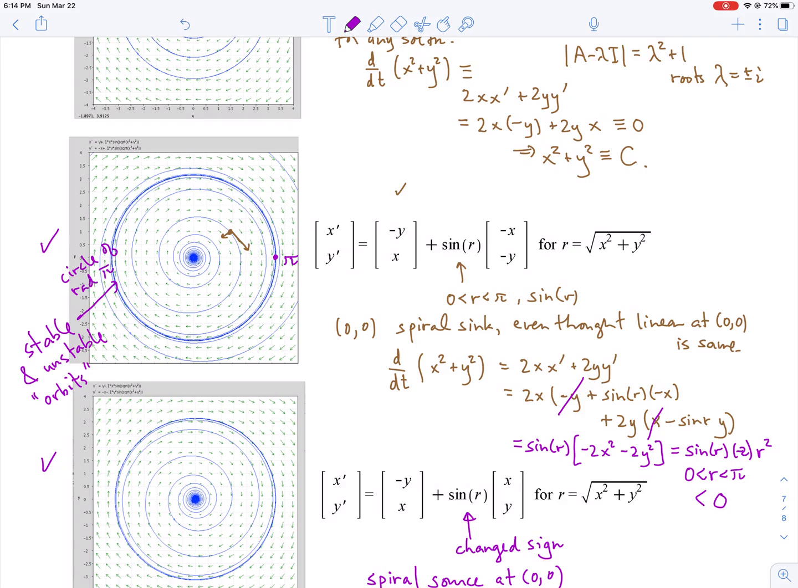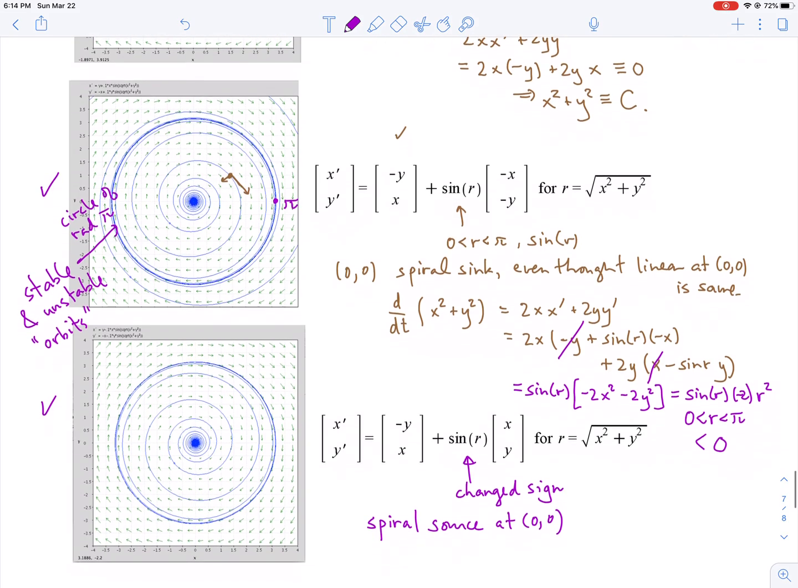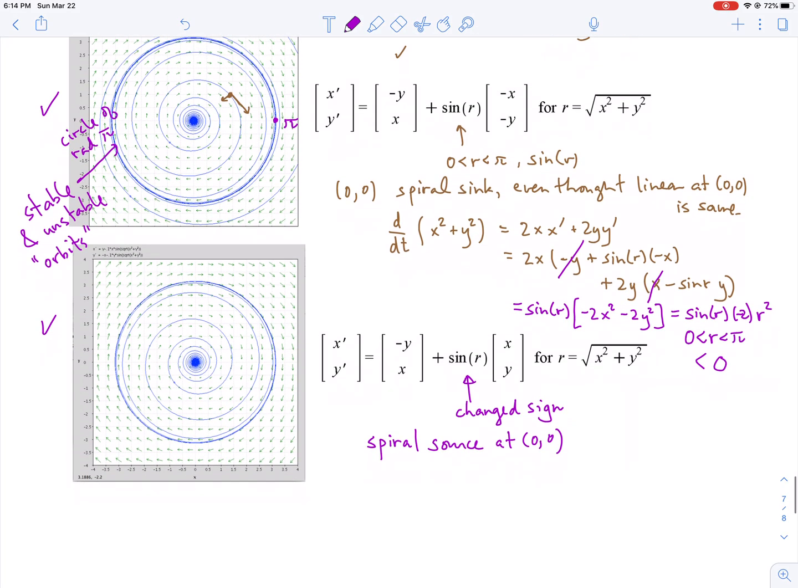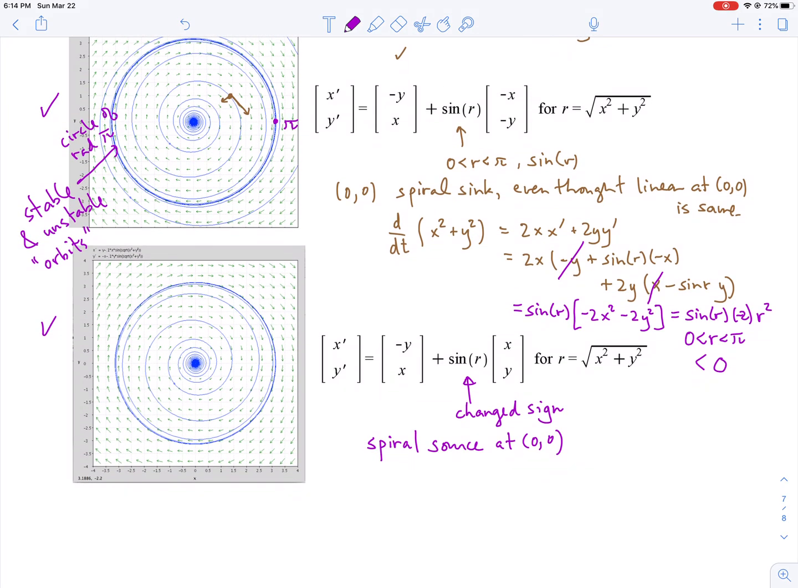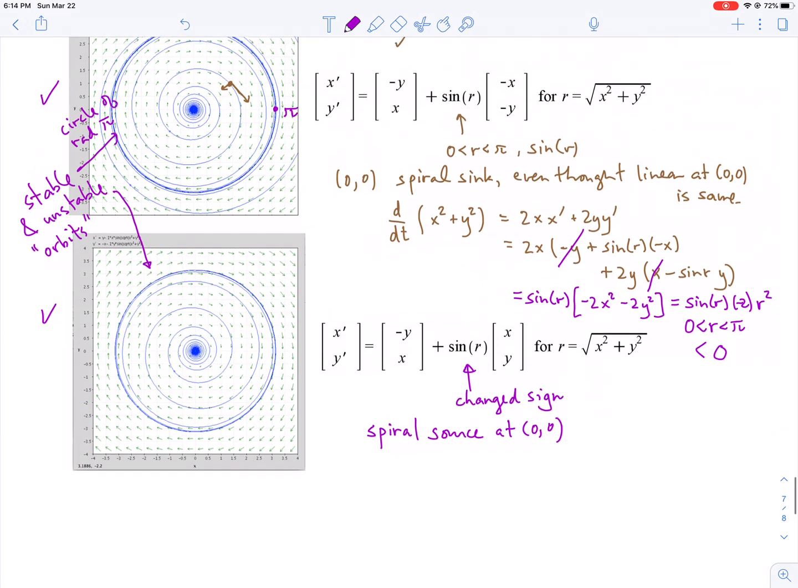And if you happen to go out to 2 pi, you would get the opposite, which is called an unstable orbit. So here, this one is unstable. You can see that if I start with radius between 0 and pi, or between pi and 2 pi, I run away from that circle of radius pi. Okay, that's the end of